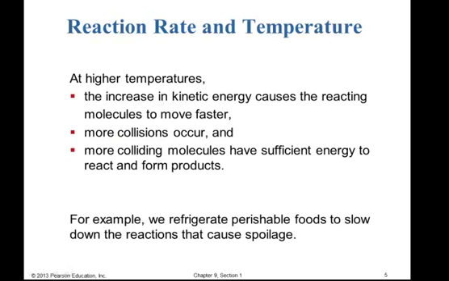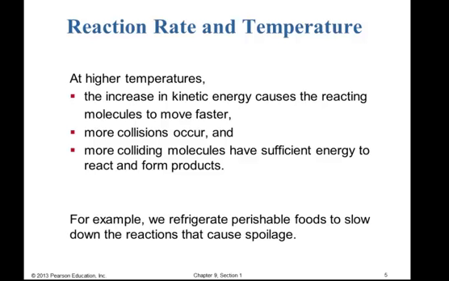If we have a higher temperature, that means that the particles are going to move faster, meaning they have more kinetic energy. And if they move faster, there's going to be more collisions occurring, and those collisions are going to have more energy since the particles are moving faster. So because they not only cause more collisions but also more energy in those collisions, that means it's going to happen